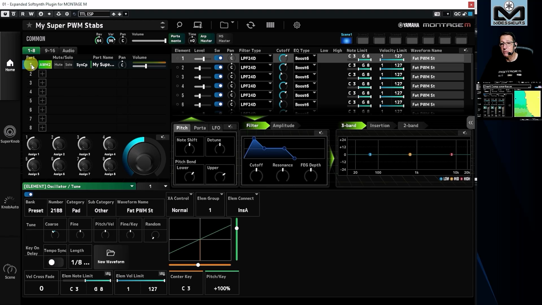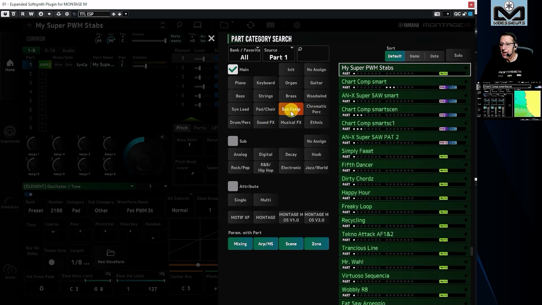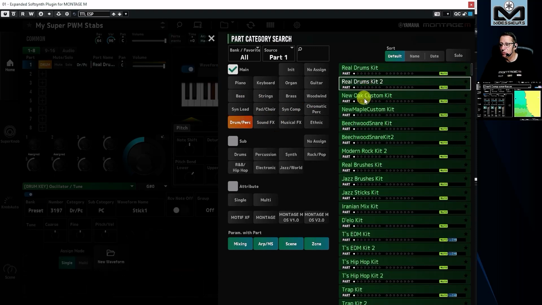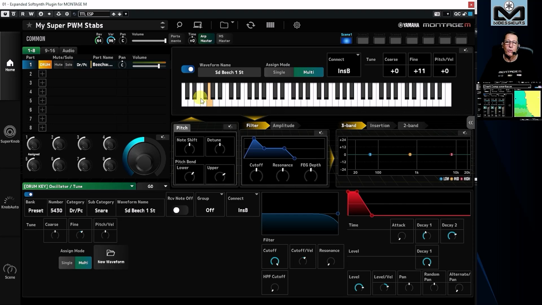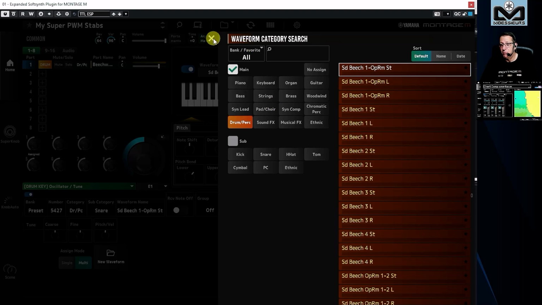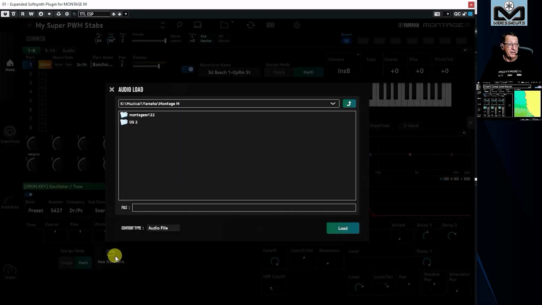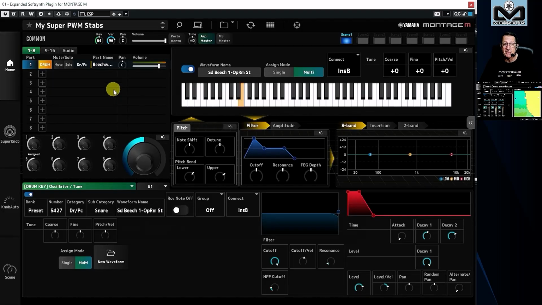If I want to change that, and I want to have a drum kit as an example. Let's go. I like the Beechwood. That one. I like it so much. So you can change, of course, the key, because on the drum it's called a key. You can change the waveform. Really preset waveform from the ROM. And also you can create new waveform for making a new drum kit or adding some loops or samples. See the Tech Talk Live we have done about AWM2. I explain how to build something or how to make something with a loop, a drum loop, as an example.